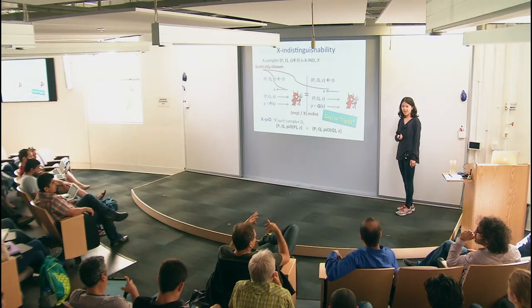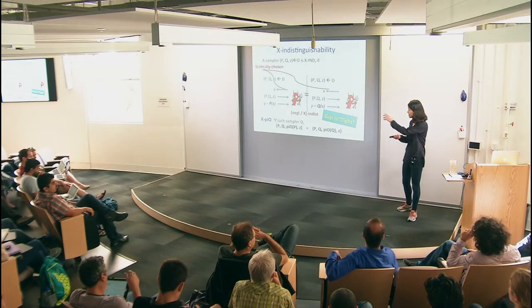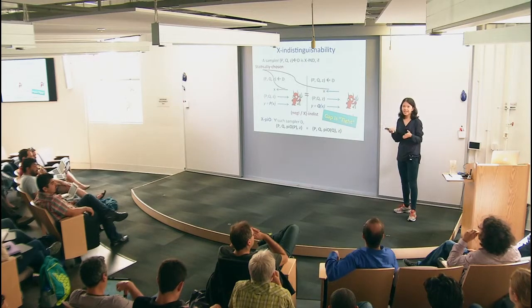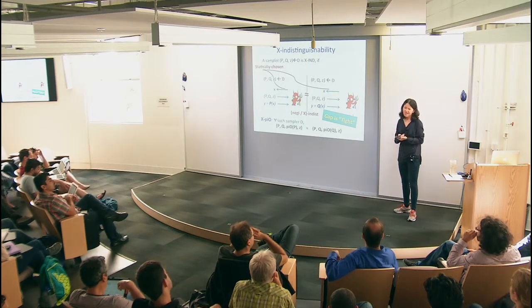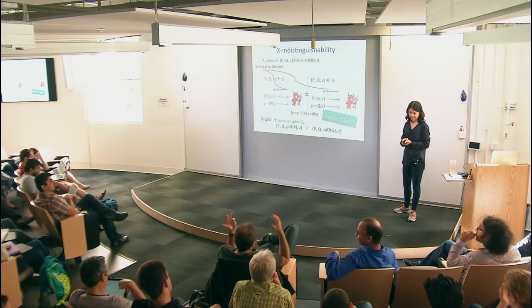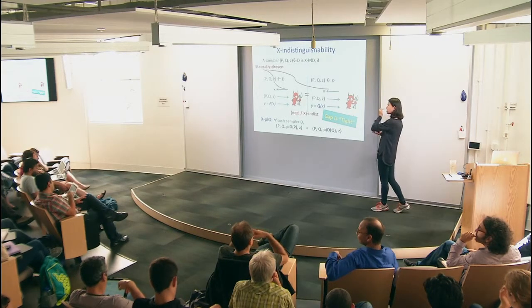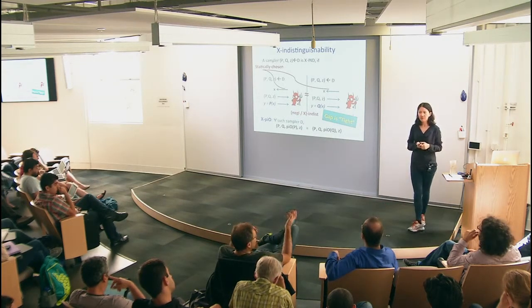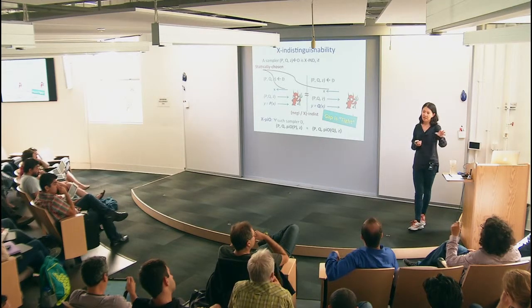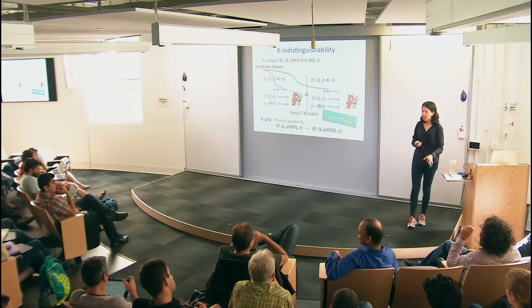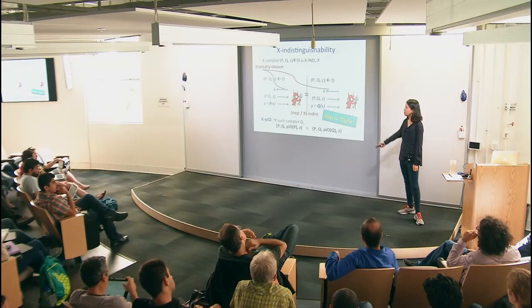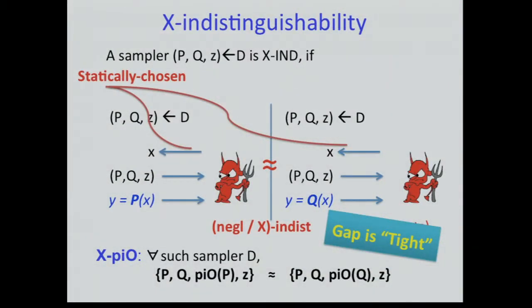Is this notion useless? Statistically close, it's not. You cannot use it. It's not useful in some sense. Sometimes you can unconditionally argue statistical distance. You can, but usually I feel in that case you can probably use IO instead. Right, I see. Because why do we want to consider those computational indistinguishabilities? We want to use crypto inside. Right. If you have some crypto that is statistically secure, then with some effort you can just use IO basically.